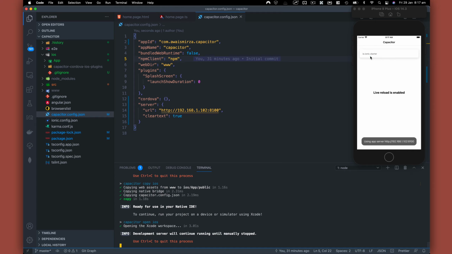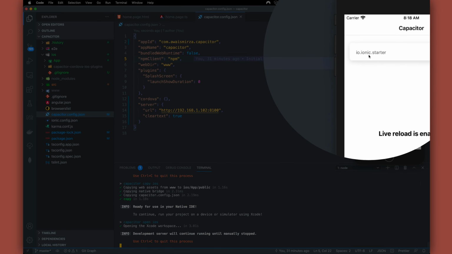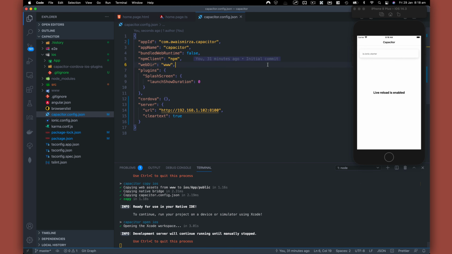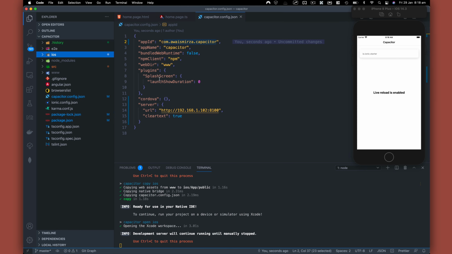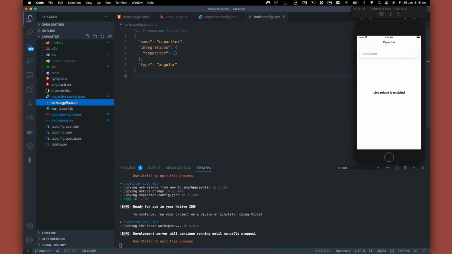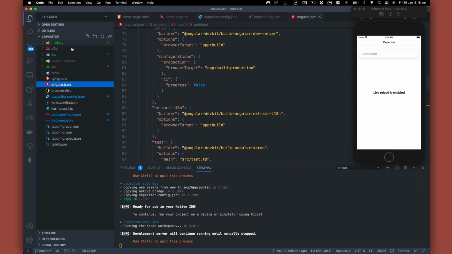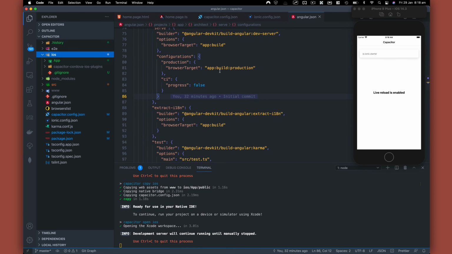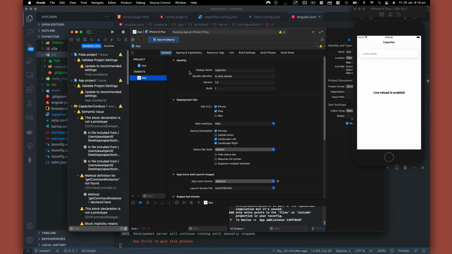And this time you notice we have this ionic.starter. Well, the problem is because this configuration is only used when you generate this iOS project. Okay, so where is this coming from? If we look at this ion config, nothing here, not here. So basically, this will not change unless we generate this project again, or you go to Xcode and change it here, like com.os